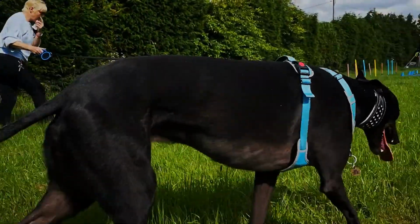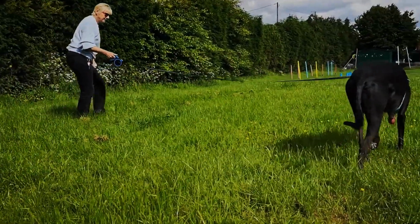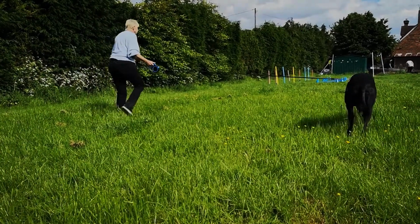Now, in terms of general benefits, I think most people can see that having an extending lead allows the dog to have more freedom on the walk. So they can sniff more, they can go off and sniff in the undergrowth or have a more meandering route. You can carry on walking down the path and they can do their own thing. So it can give them a more interesting walk whilst you don't have to keep stopping every time they want to sniff or go and walk on the wet grass